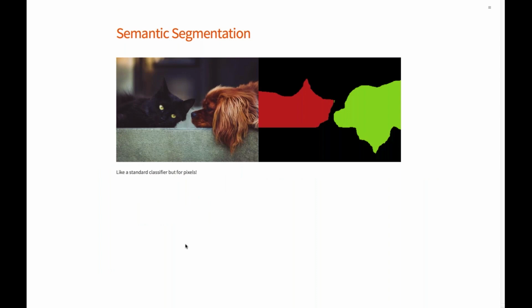Let's move to another task. We've seen classification. Let's turn it up to 11, and instead of building one classifier for the whole image, we build one classifier for each pixel. This is basically what semantic segmentation is doing. What we are doing here is using the standard convolutional pipeline to create features again, but then we want to use those features on a much bigger feature map that will be converted in many class distributions.